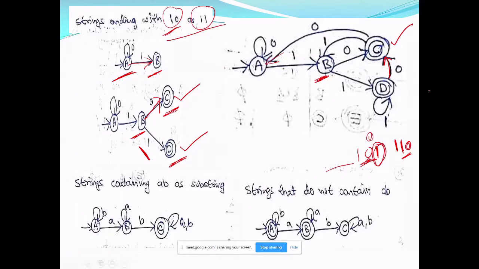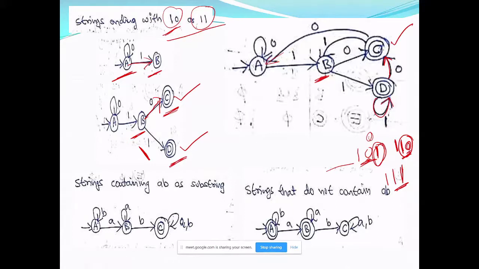So FA is very limited, and its memory is also limited. It cannot remember an infinite number of configurations. So one state, one configuration. So 1 1, when followed by 0, the last two symbols will become 1 0. So I am going to C. And if it is 1, then 1 1 followed by 1, once again you will end up with 1 1. So I am going to D. So this is your DFA.